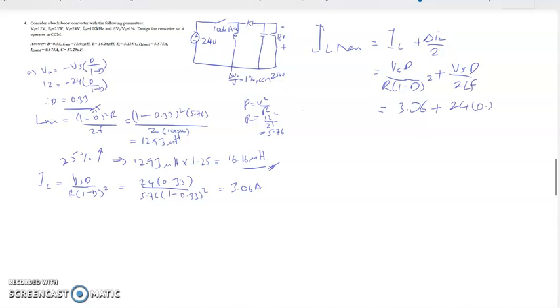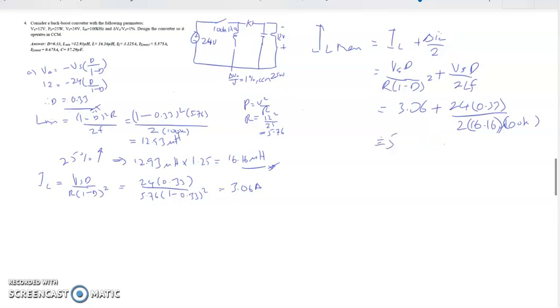So 3.06 plus 24 times 0.33 divided by 2 times 0.16, 16.16 microhenry times 100K. So the value we use is the value which already increased by 25%, because this is the minimum to make sure that the system operates in CCM, but we increase another 25% to make sure that at any load variation, the system is still confirmed to be within CCM mode. So we get IL max of